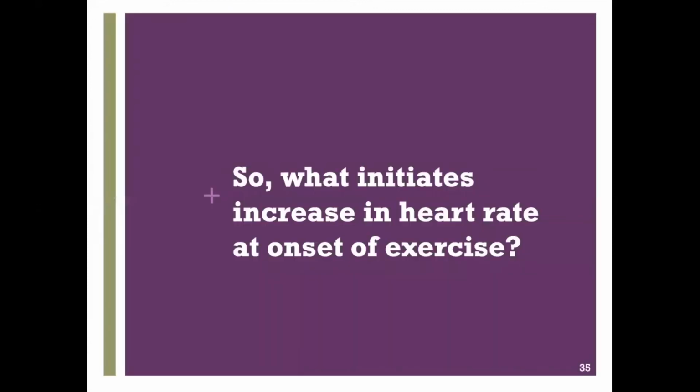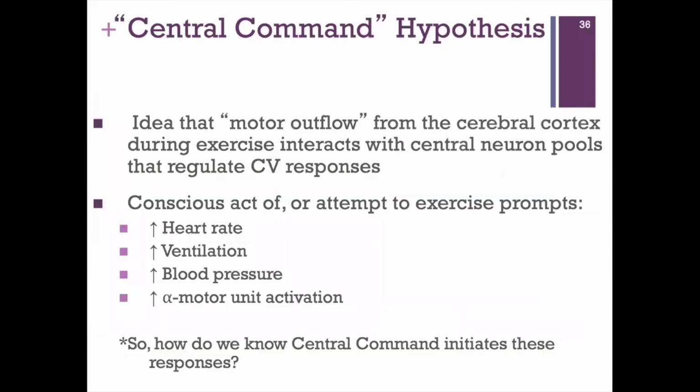So the question I posed a second ago is what is initiating this increase in heart rate at the onset of exercise? And how do we really know that this is happening? So we have what's called the central command hypothesis within our bodies. And this is the idea that the motor outflow, like what is being controlled from the brain going out to the rest of the body, is happening from the cerebral cortex, and it interacts with central neuron pools that can